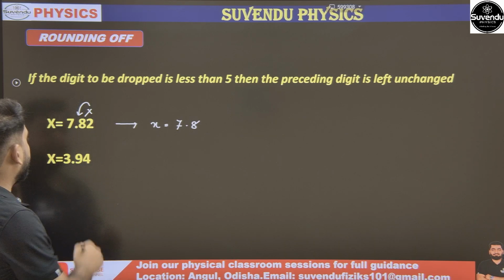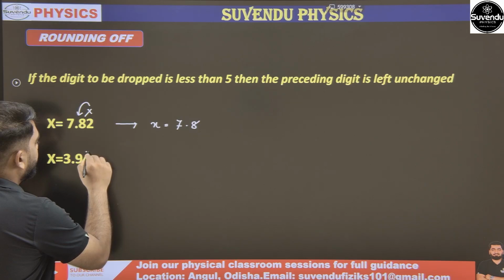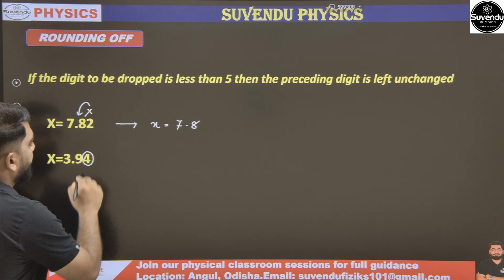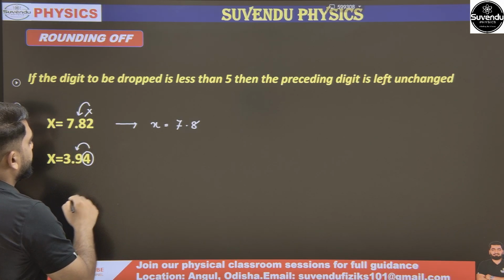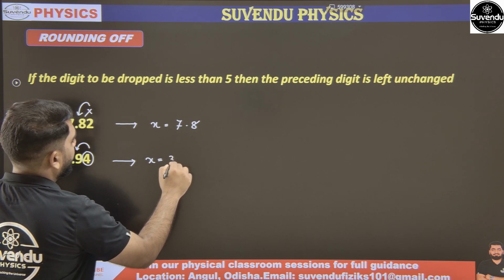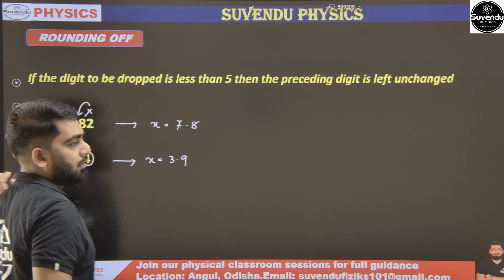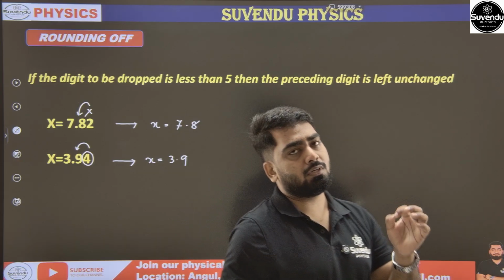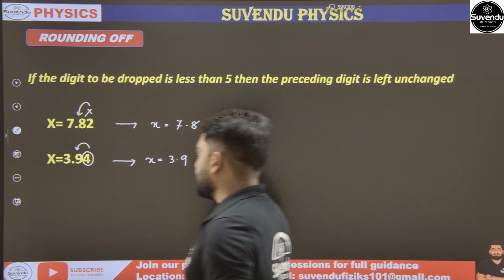Next is x equal to 3.94. Now you see, this 4 is less than 5, so the preceding digit is left unchanged. After rounding off, x is equal to 3.9. I think this simple concept is very clear to all of you. Okay, so next we come to our